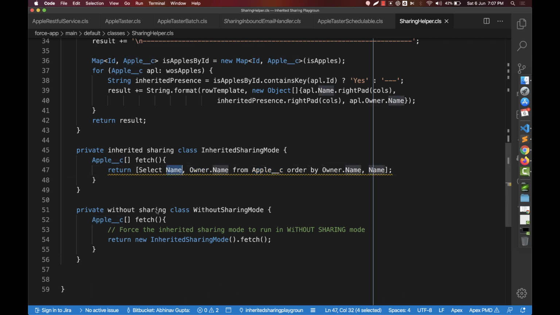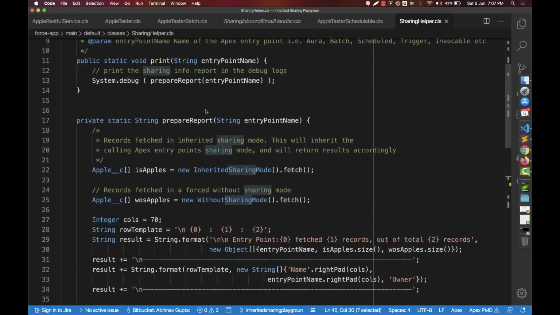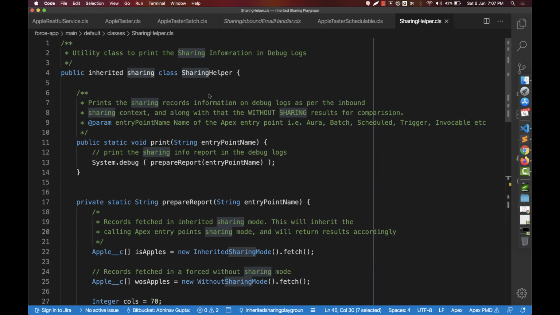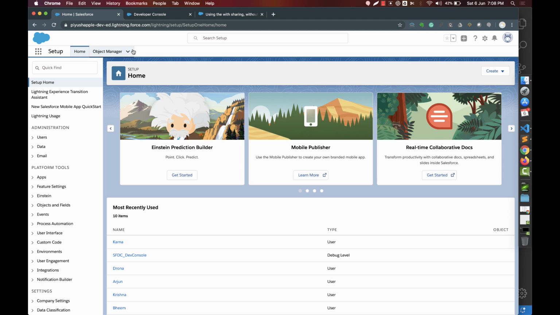And then I'm also loading all the records in a without sharing forced mode, just to make a comparison, that if without sharing is giving me 20 records, so what is inherited sharing giving? Is it 5, 10 records? And I'm trying to merge them together. So don't worry about it. We'll go to it later on. And the more interesting thing is in the visuals. So if I take you to the home page.